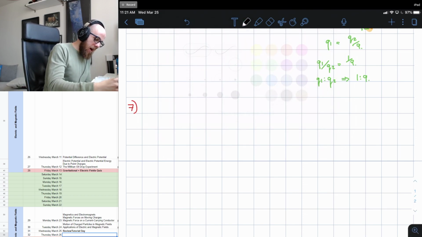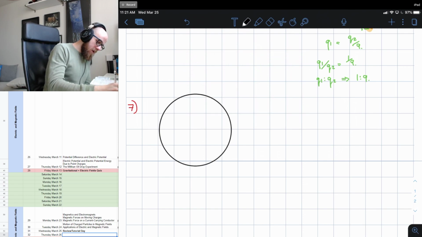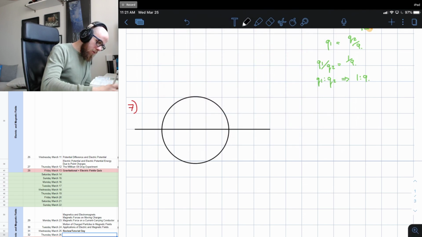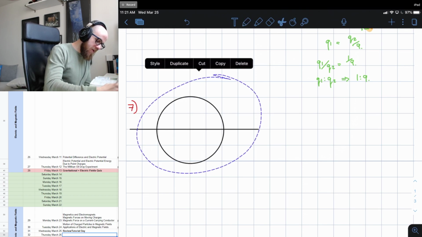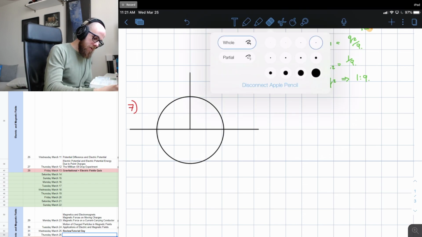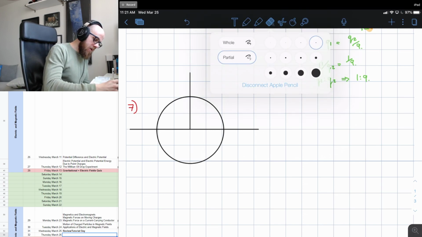Okay, so I'm going to do a quick sketch here. It's awful. Let's move this so it's centered. There we go. Okay, now I'm going to just erase the